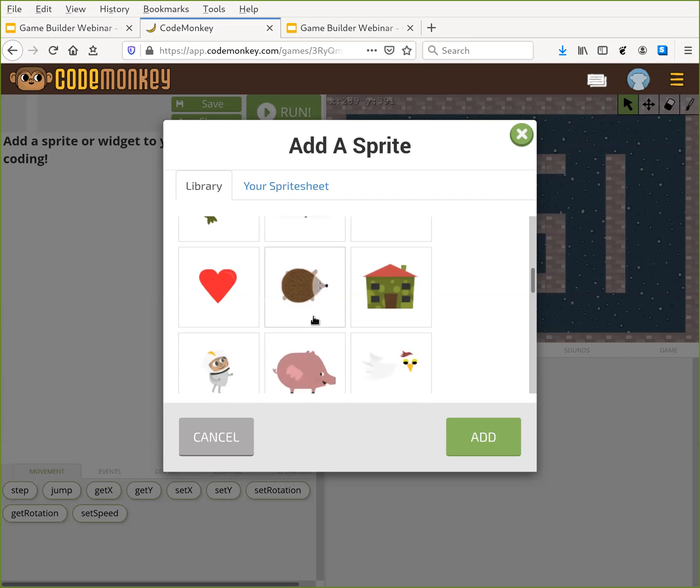One, because hedgehogs are cute, and two, because I've already practiced making this game with a hedgehog, and there's one little thing where it really matters which sprite we choose, and I know that it already works with the hedgehog. But if you're making your own game, you can choose whatever you want. They work the same way. They just look different on the screen and are possibly different sizes, and it's because of the size that I'm choosing.